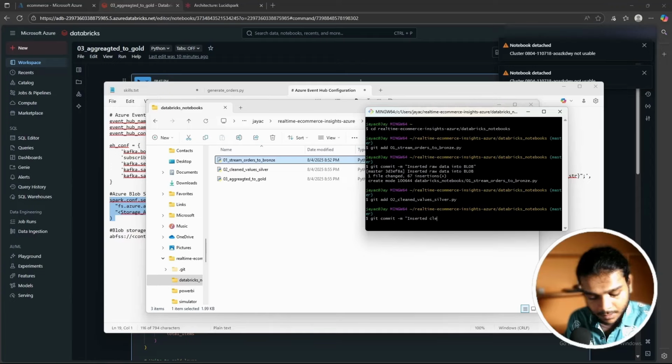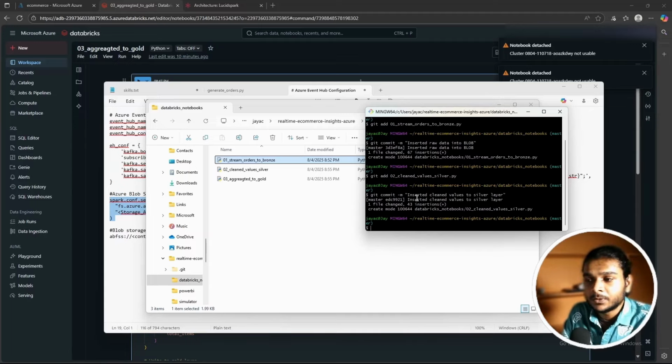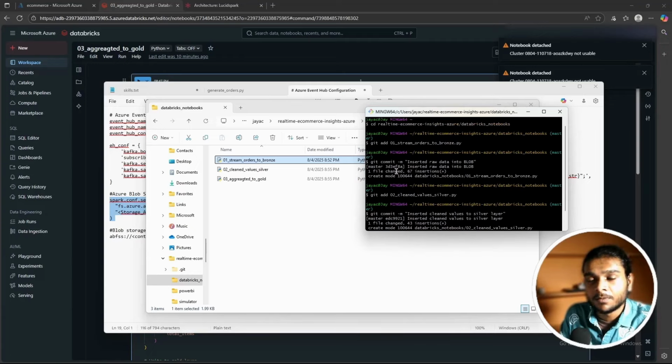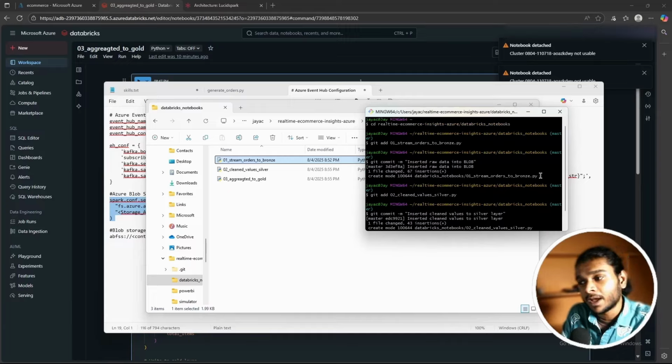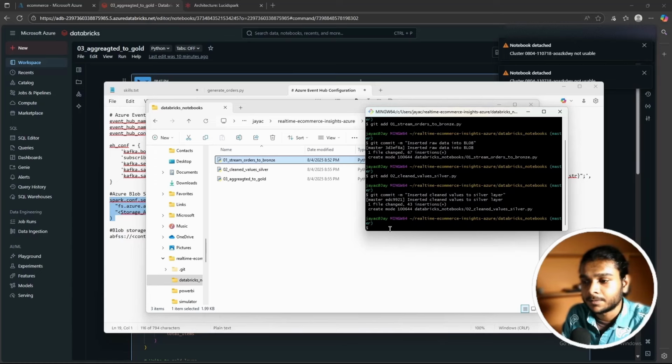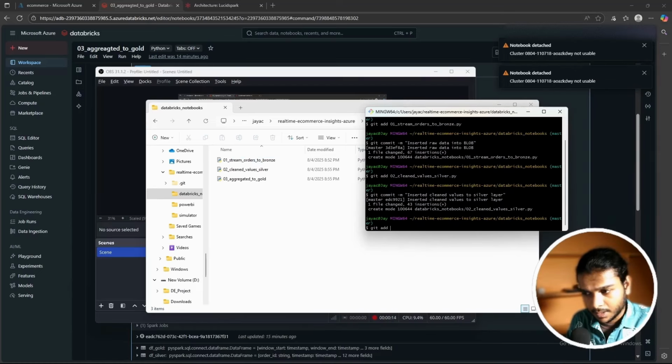inserted clean values to silver layer. Like I said, we are adding them separately just to make it clear. So whenever we look back at the transactions that we'll know. So at this version, we did the bronze, we just put the raw data at this transaction, and at this transaction we did the silver data. So in case we want to go back in time, so we can go back to that version where silver doesn't exist. We add git add